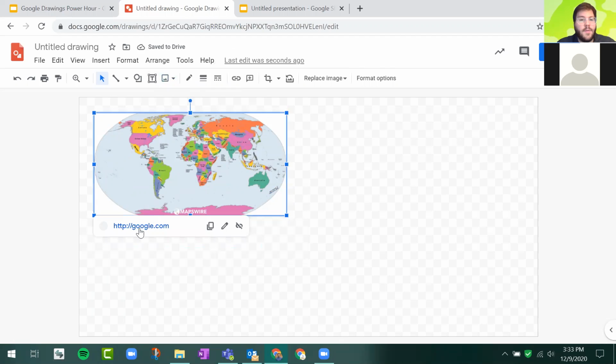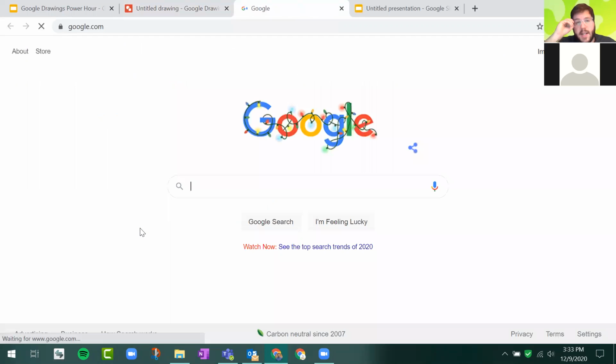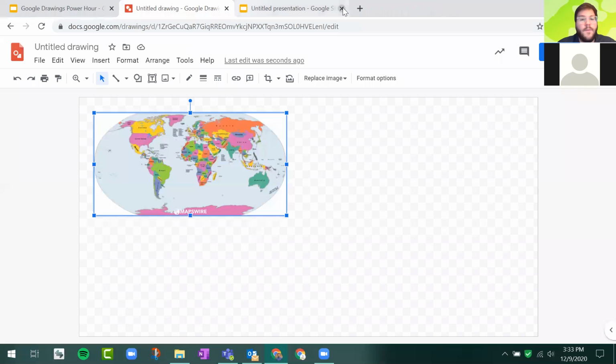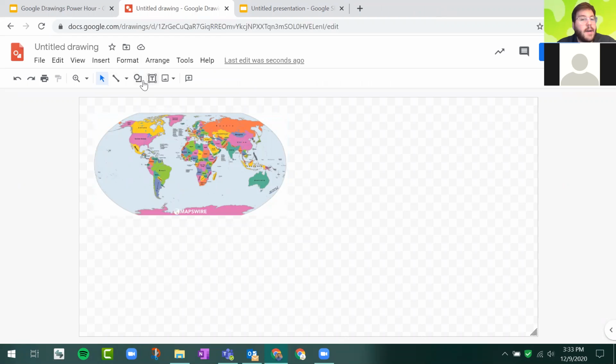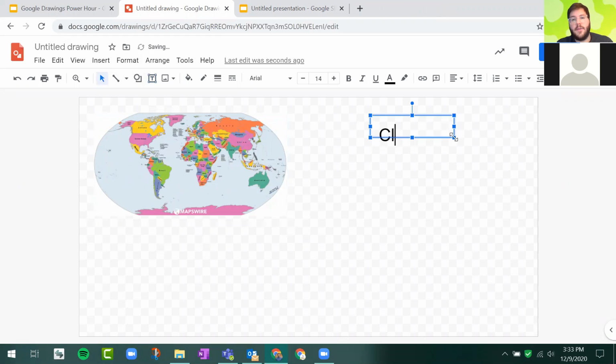And you can make it go to whatever website that you need. It can go to a specific article you want students to read. It could go over to a video you want them to watch. It could go over to an assignment that you want them to go do, whatever it is. And of course, you can do the same thing for a text box or a shape as well. So if I make a little text box and I say, you know, click here, and again, we'll just make a little